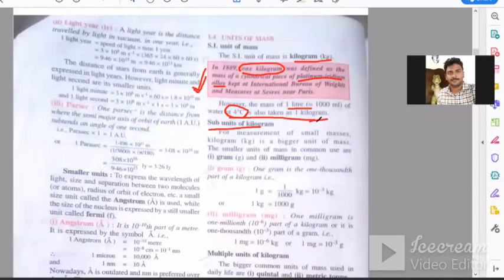Okay, this is informative, so you can remember it. But this is not a definition of kilogram. The definition of kilogram is only this orange box, that is the mass of platinum iridium. Fine. Now subunit. Subunit means units of mass which are less than kg. As you can see, they are gram and milligram. So 1 gram means 10 raised to power minus 3 kg.